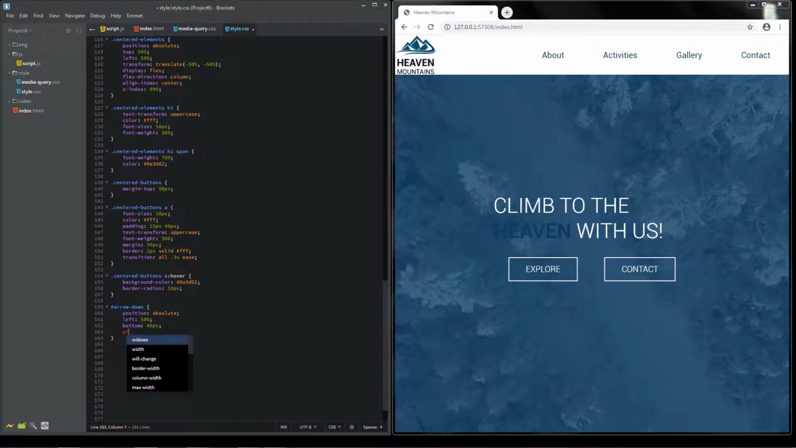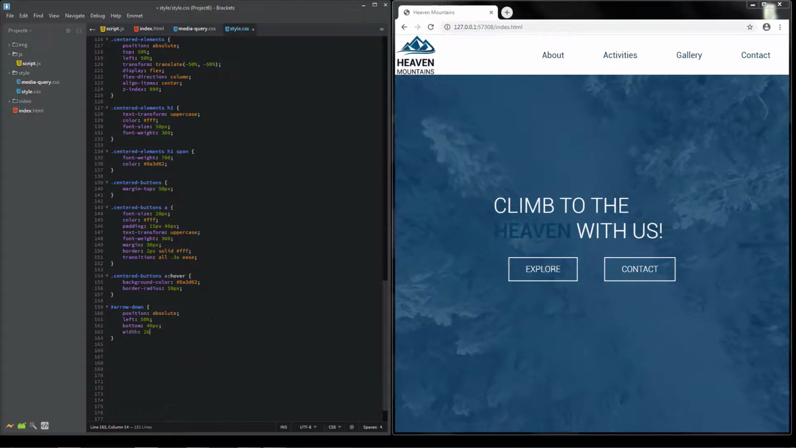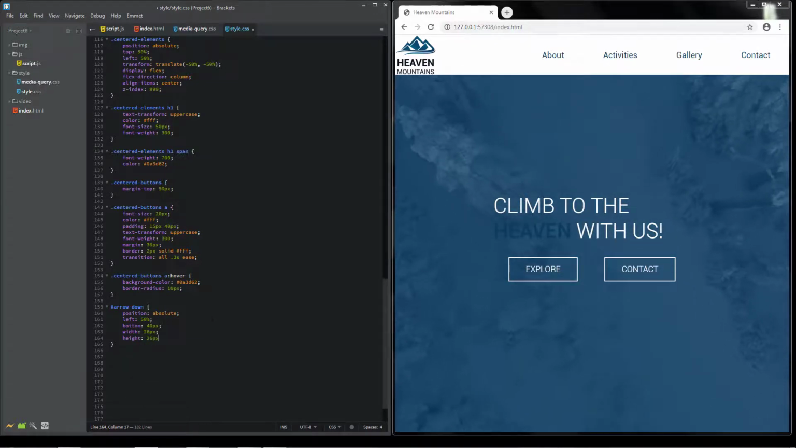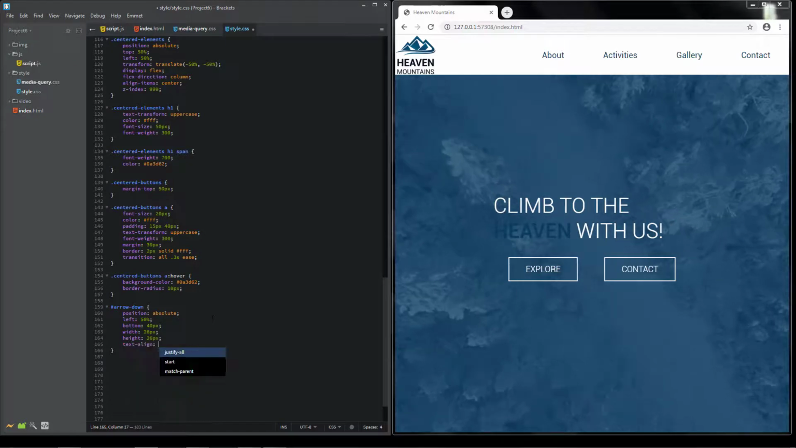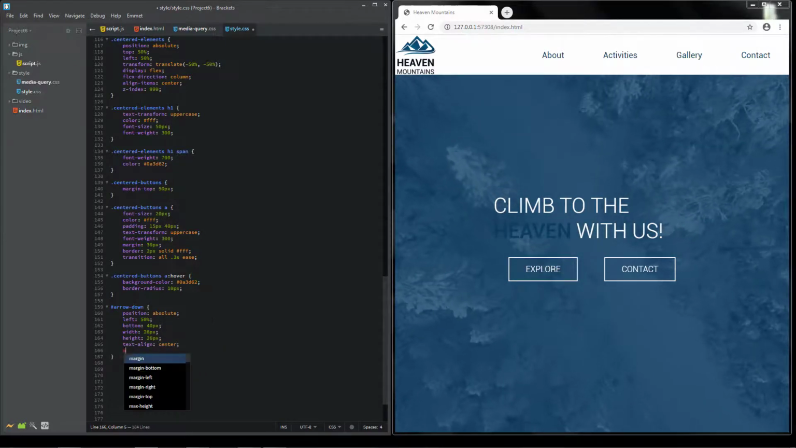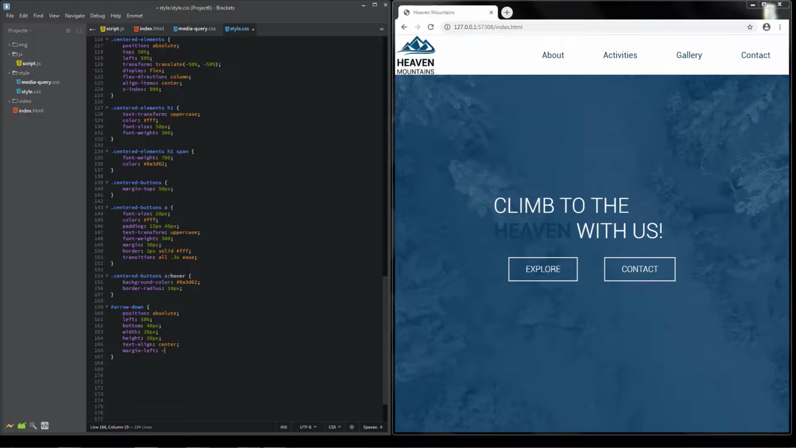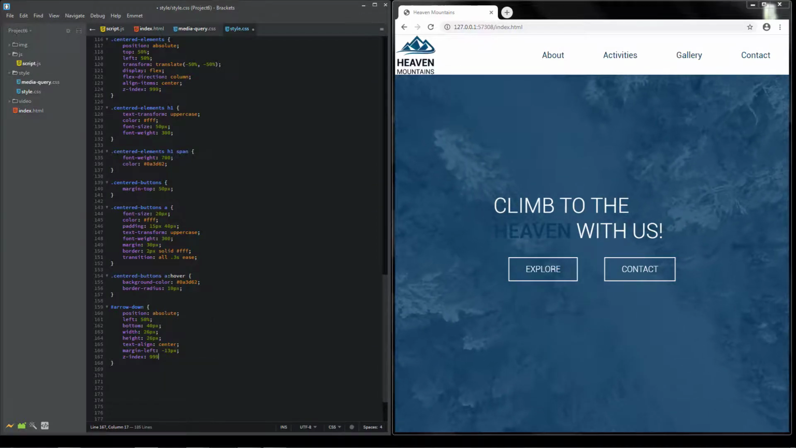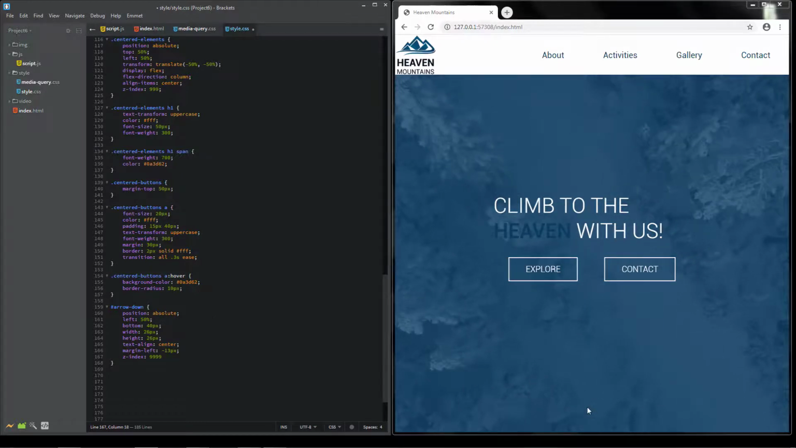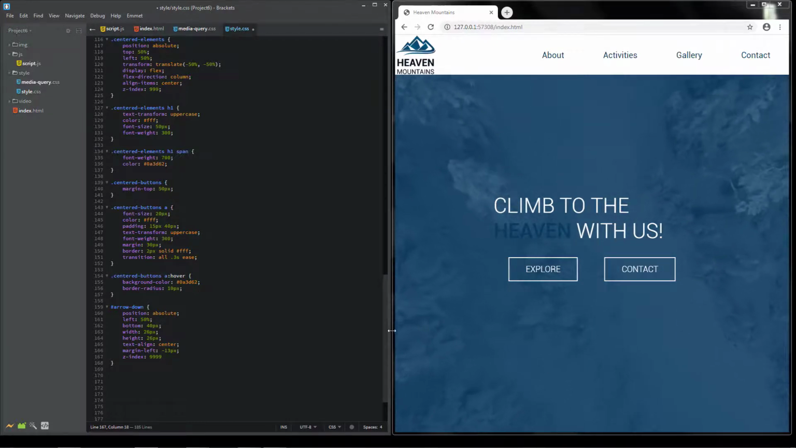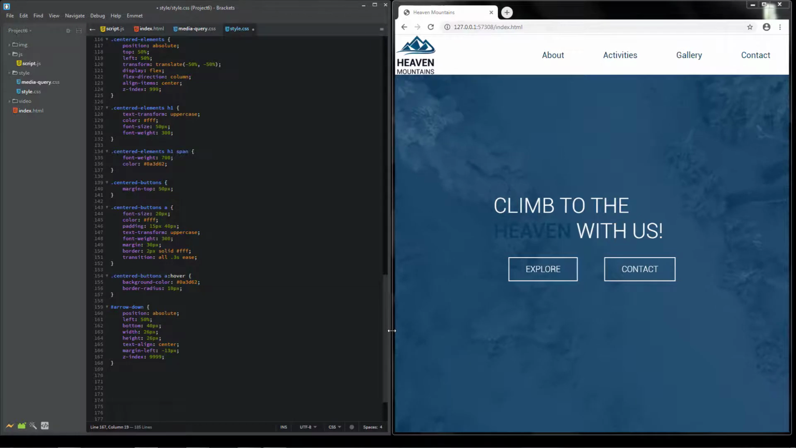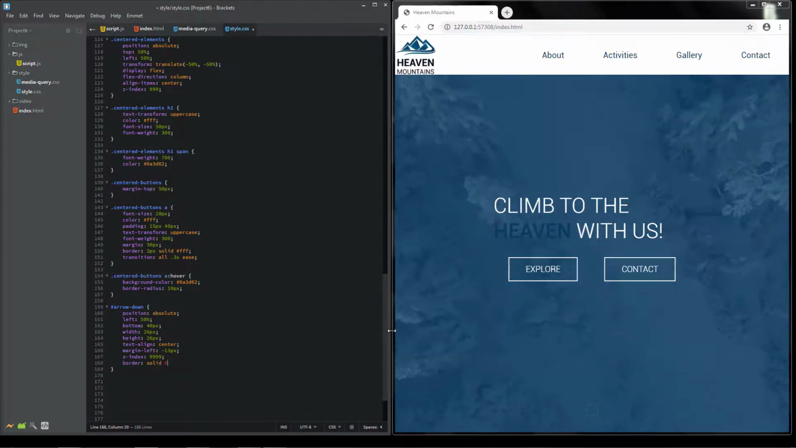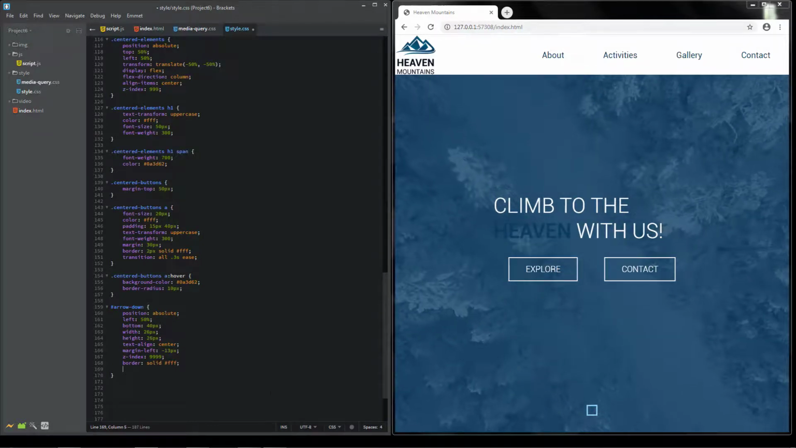Width is 26 pixels. The height is the same. Text align center. Then margin left is -13 pixels. Z-index is 999. Also, it needs to be on the top of the page, on top of everything. We will add also a border, solid FFF. We see this now,